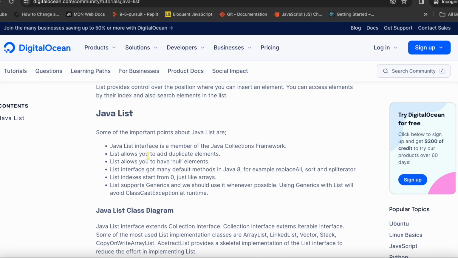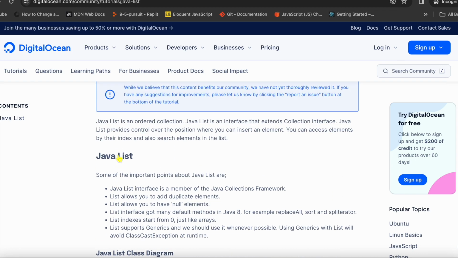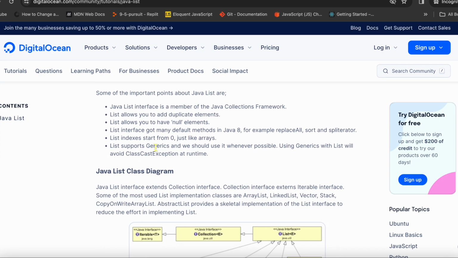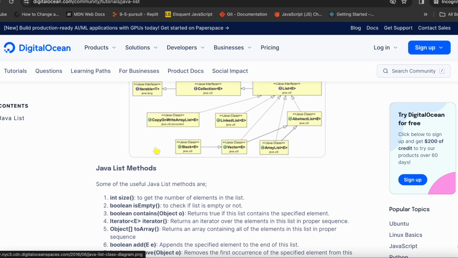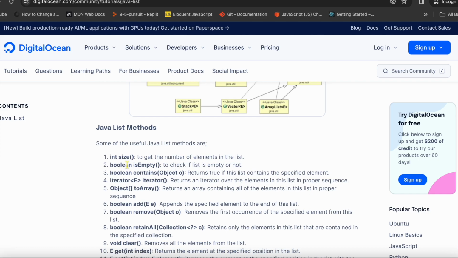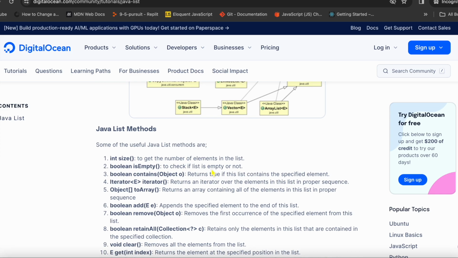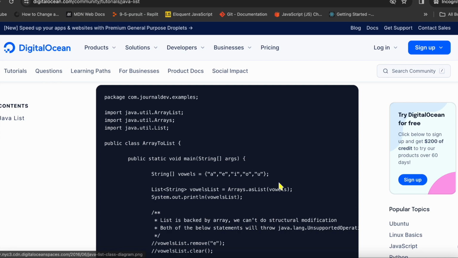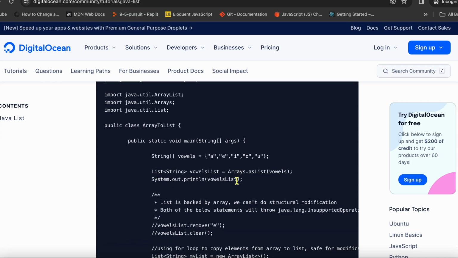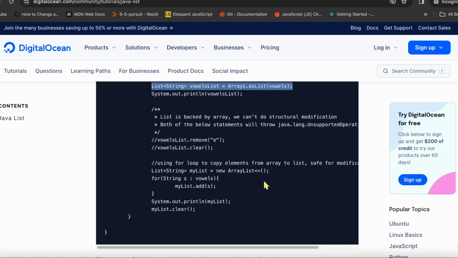Now it doesn't really say it right off the top, in the first paragraph, but you can increase the size of a list in Java, right? So when you create an array list with Java, such as here, you don't really tell it how large the list will be, right? You can just keep adding